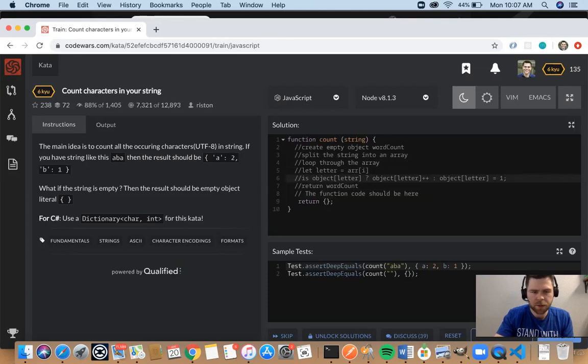Do we need to convert these to lowercase? What I was going to say was that the object at most will have, with UTF-8, I guess 26 or 52 properties.